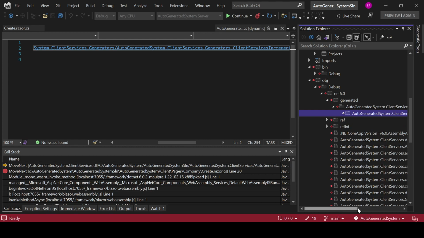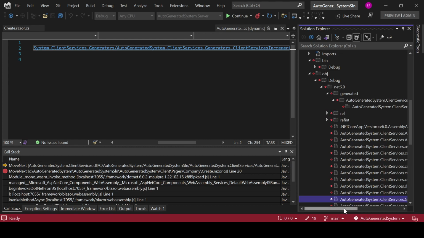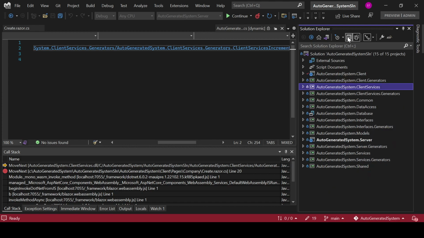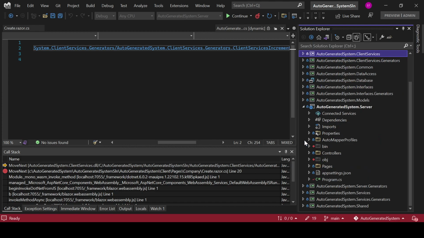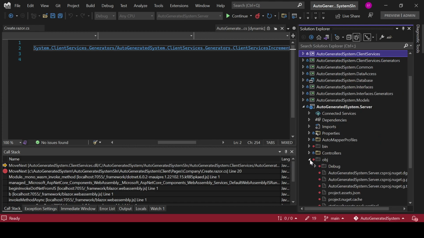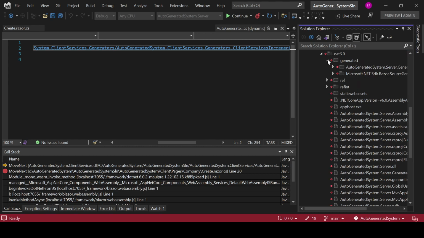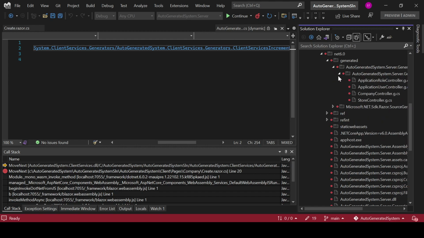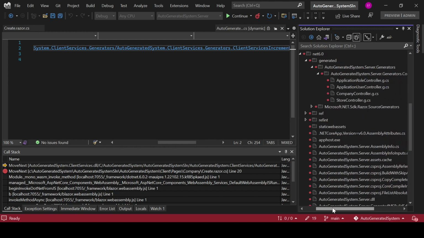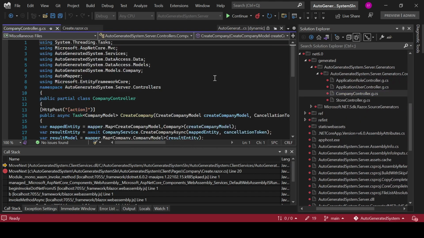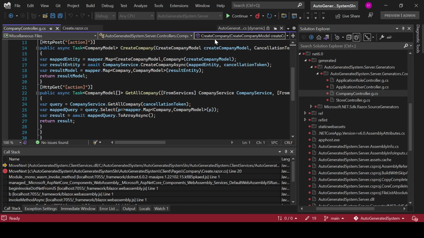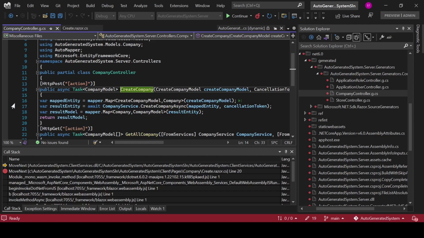And yeah, I do not have it set to generate, but for this one I actually do have it, I believe. So you see that here we have this company controller.cs and we have this create company. So I should be able to go in here when I press F5,